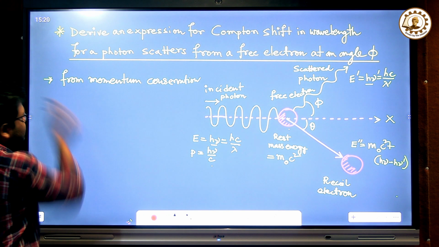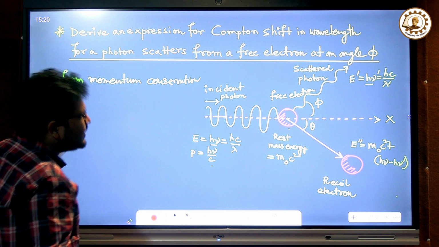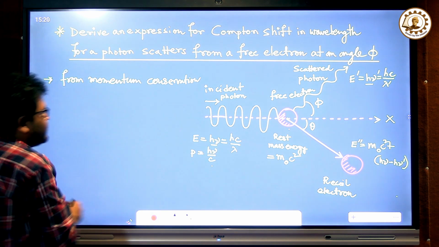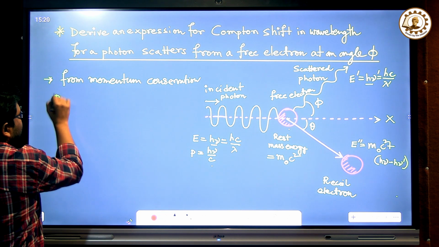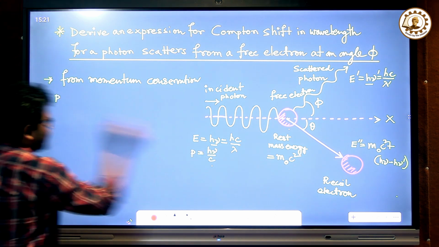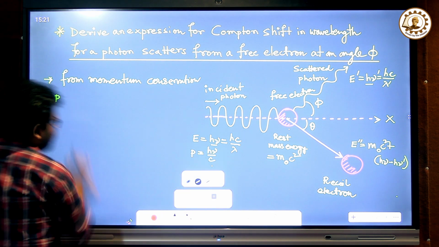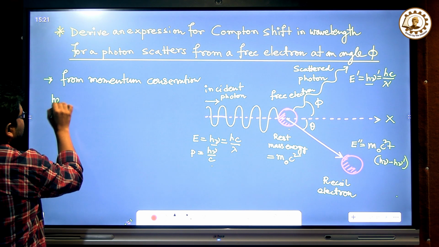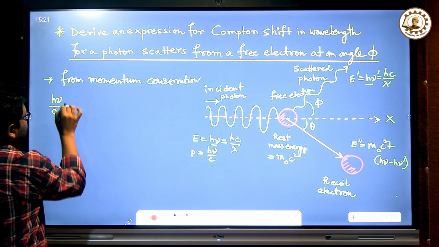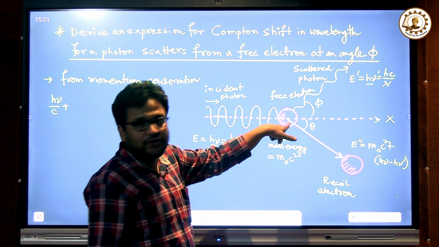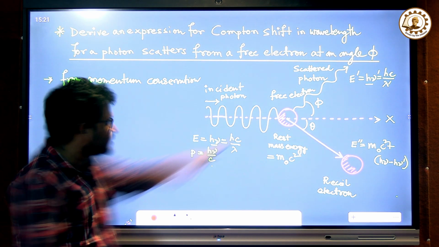So on the left hand side, I have the total momentum along the x-axis before collision. That means the momentum of this incident photon, h nu by c, plus the momentum of this electron before collision, 0, because it is at rest,